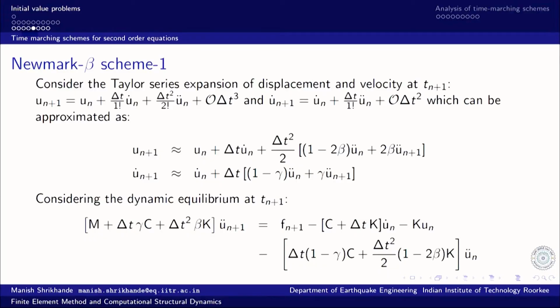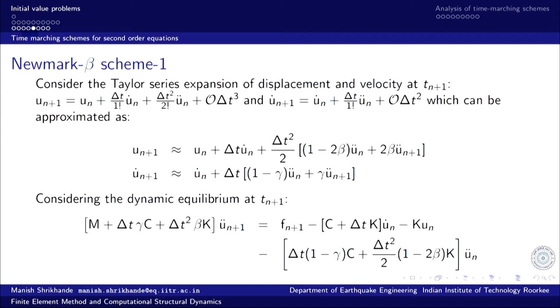So, let us look at the displacement and velocity at t n plus 1. Expanding around the nth time instant, we can have it in terms of velocity and acceleration at the nth time instant, and similarly the velocity can be expanded around the nth time instant. And by ignoring the higher order terms, the third order term for displacement, and for velocity the terms beyond the acceleration term, the displacements and the velocity at the next time instant can be obtained as